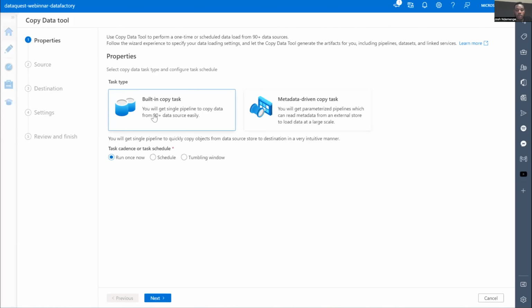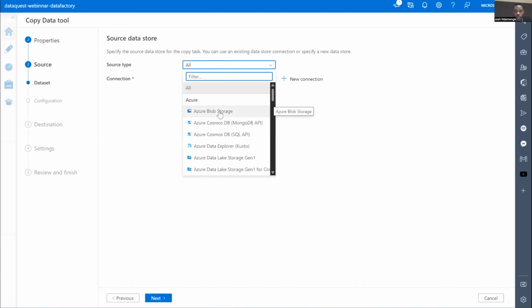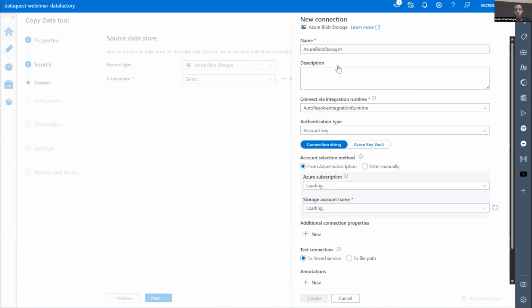So for that, we'll be using a built-in copy task where we're copying data from the CSV file into the Cosmos DB. So I'm going to select the built-in copy task, and I'm just going to run it once. Then I'm going to click next. Then the source type, we're copying this from Azure Blob Storage, and then we're going to create a new connection between Azure Data Factory and the Azure Blob Storage. So I'm going to call this Azure Blob Storage Dataquest